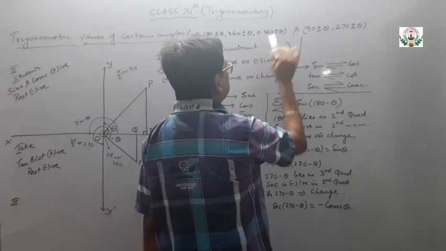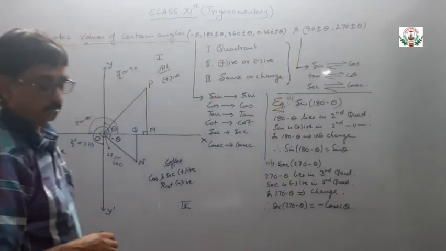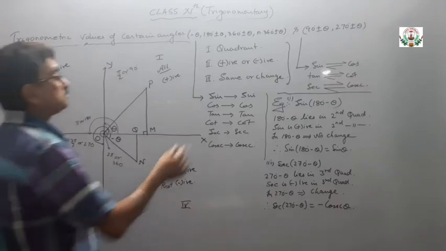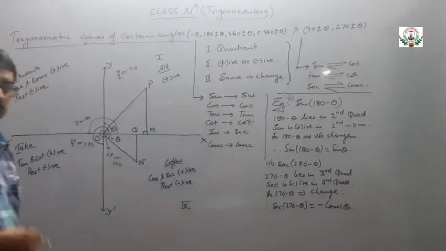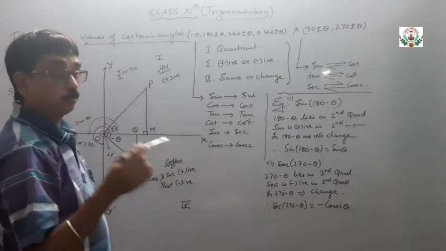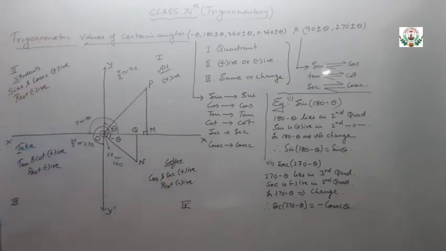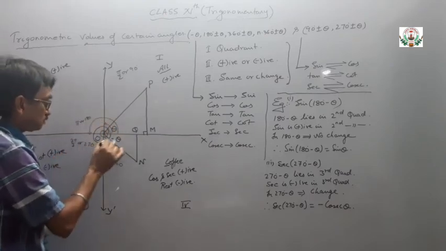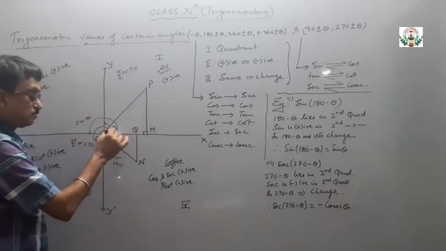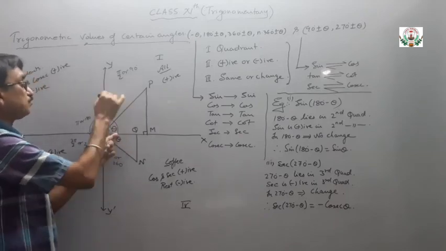What about this n into 360 plus minus theta? In problems I will explain that also. N is here a natural number: 2, 3, 4, 5, 6. For higher values, suppose 765 degree. So 765 can be written as 2 times 360 degree, which becomes 720, plus 45. So one circle 360, another circle 360 makes 720, and 720 plus 45.